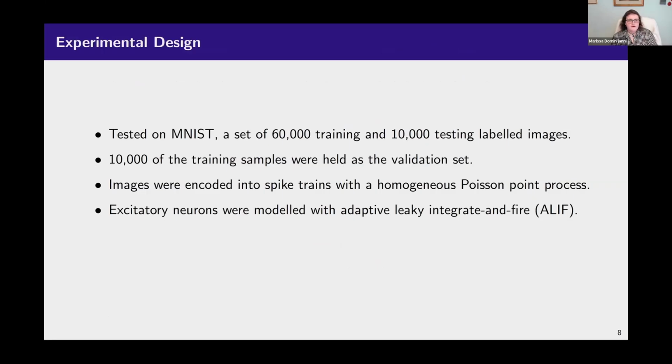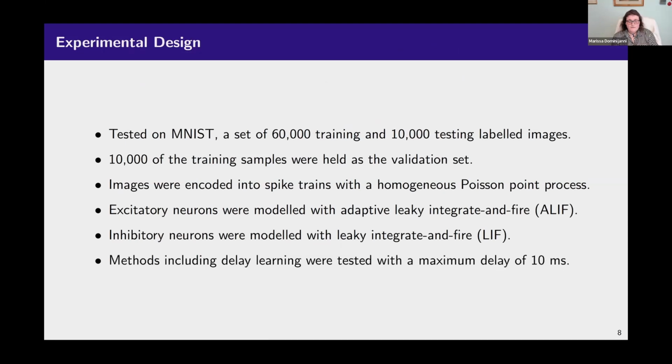We modeled our excitatory neurons with leaky integrate-and-fire with an adaptive threshold, and inhibitory neurons also LIF, but with no adaptive component. In all of these experiments, we also worked with a relatively small maximum delay, only 10 milliseconds, and in the discrete simulation, each time step was 1 millisecond. So a pretty brief window, really.